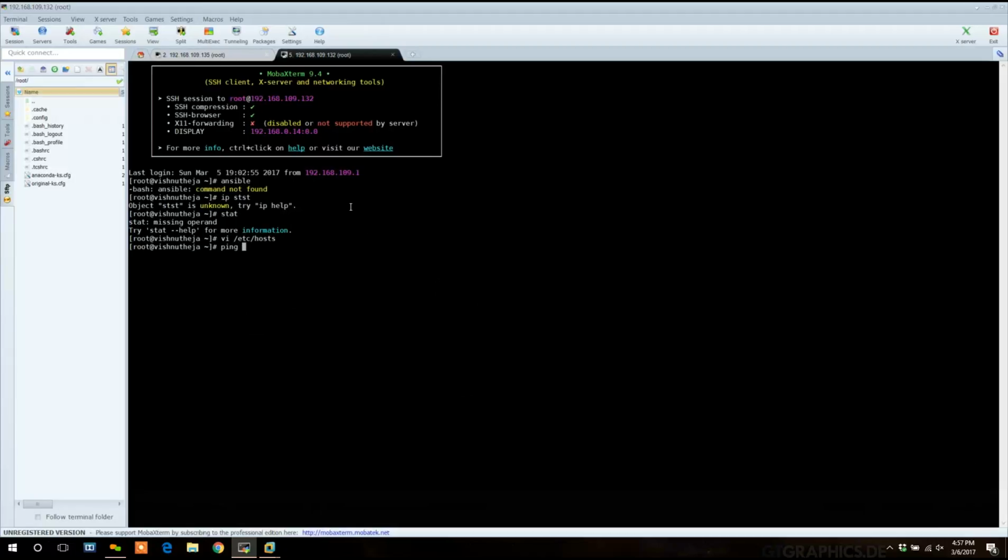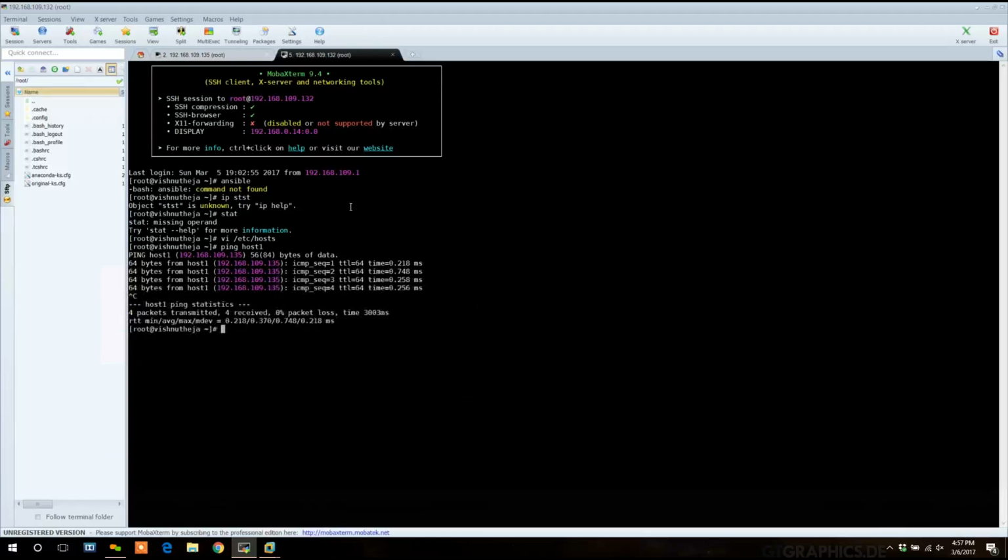I ping host 1. You see now? Pinging. You can change the name here: systemctl, set hostname. Hostnamectl set-hostname host2.